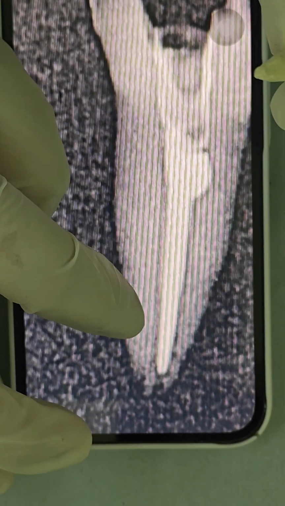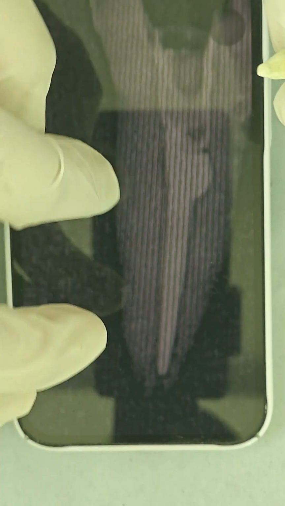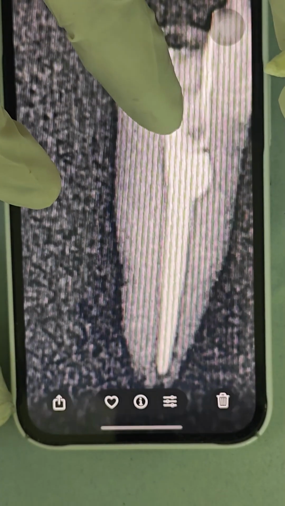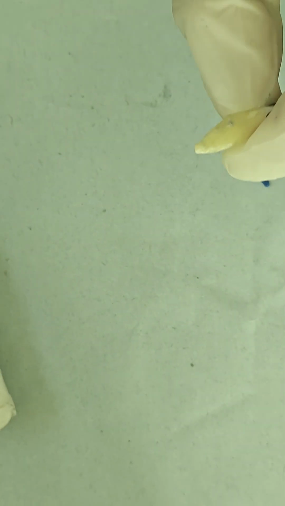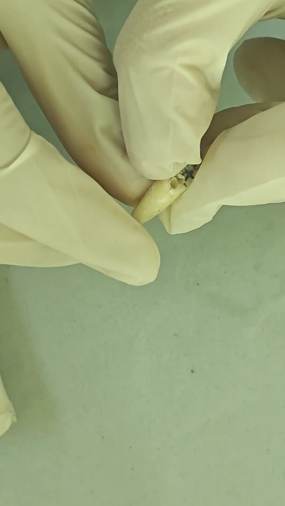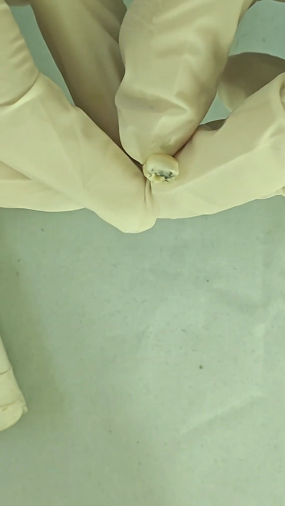So this is a single cone obturation with a bioceramic sealer. What you have to note is that the GP is below this CEJ, because you need space for your post-endodontic restoration. So we have completed the root canal treatment. Now all you have to do is wash off the sealer with the cotton dipped in ethanol, and once the excess sealer is wiped off, you can proceed with your etching, bonding and post-endodontic restoration.